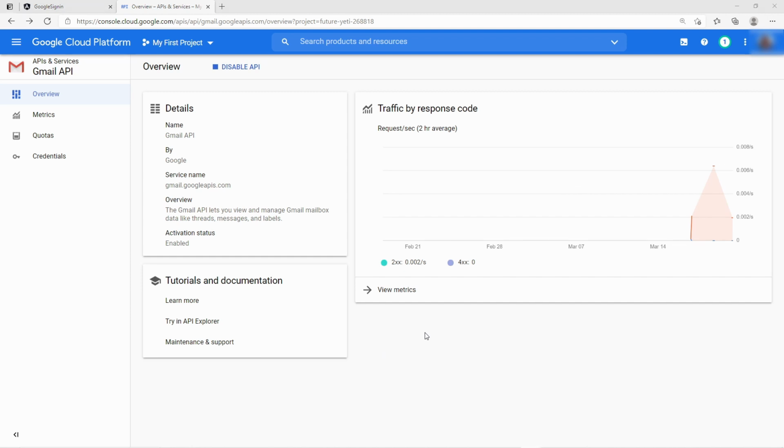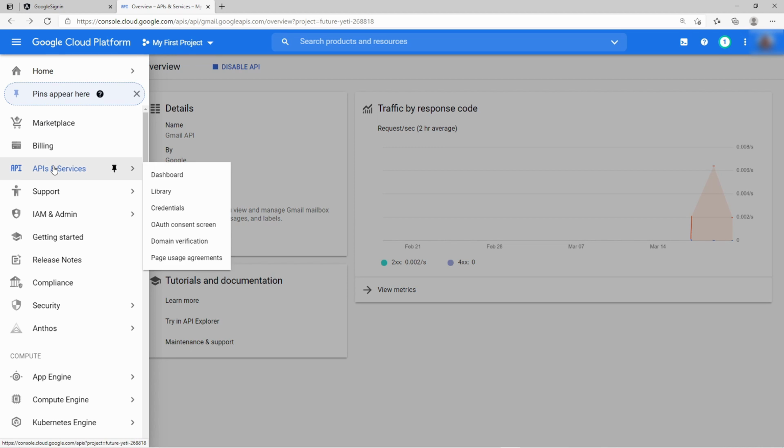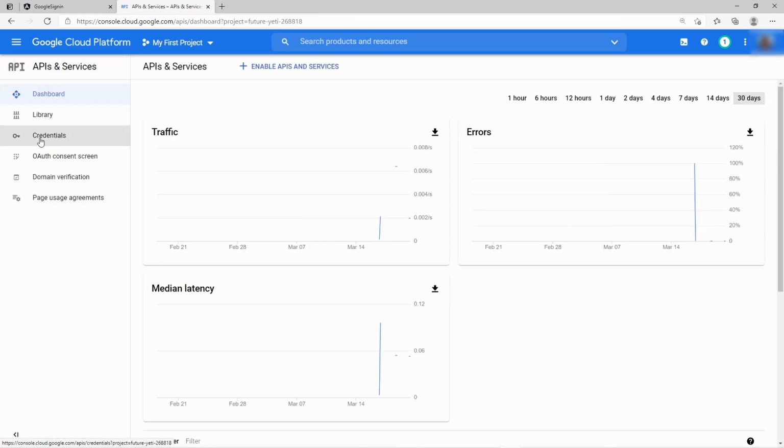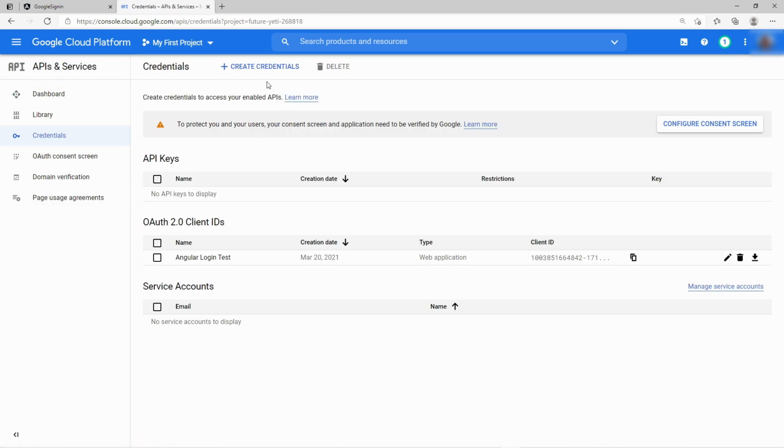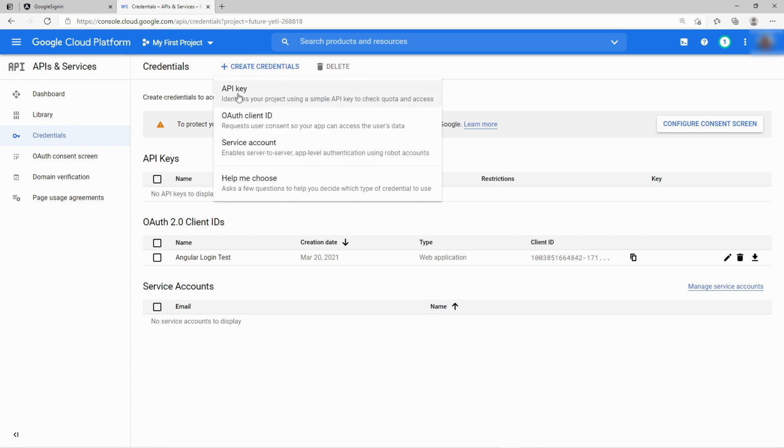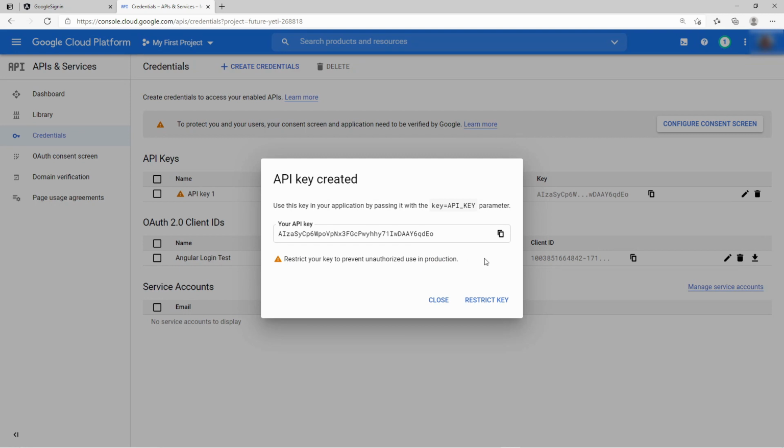After it has been enabled, you must create an API key. So go back here again, APIs and Services, and then here under Credentials, you can create credentials and you want to have an API key. So now it has generated an API key for you, and this is the one which you must copy and later insert in the